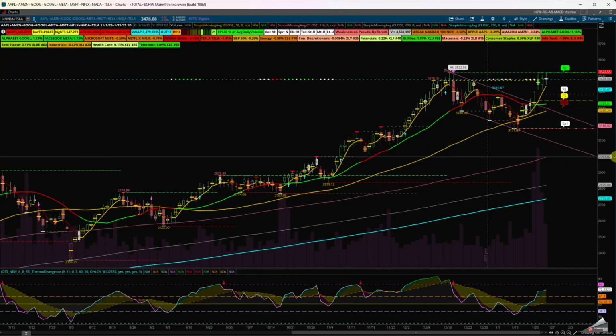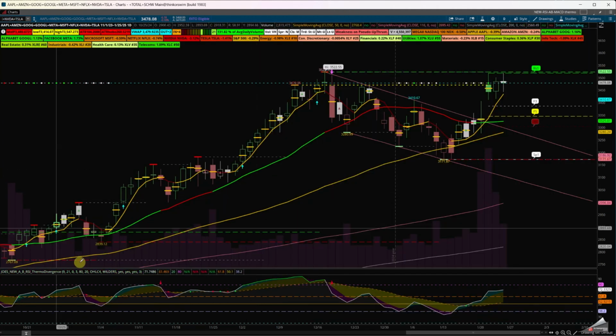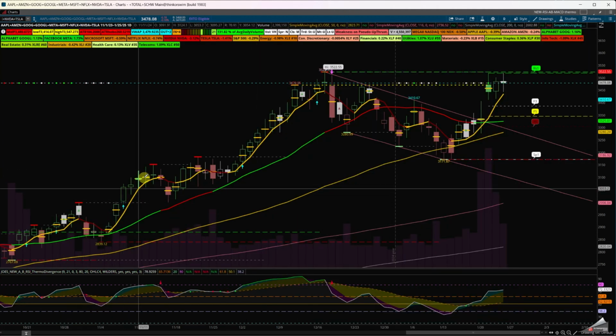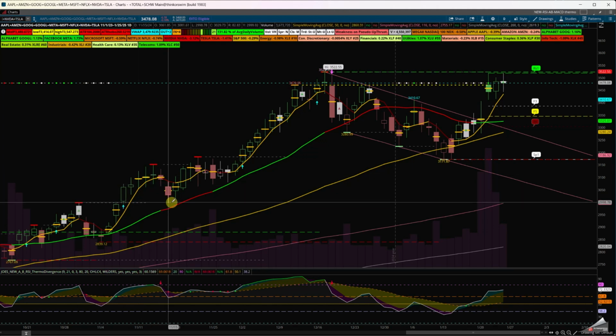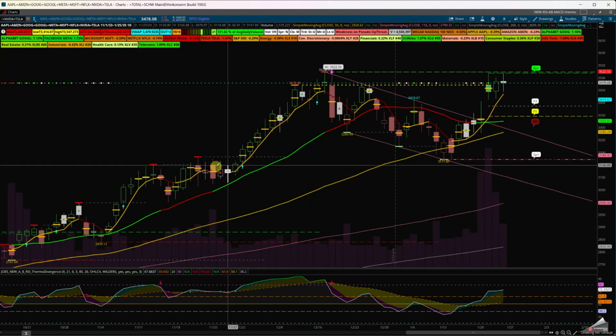What I want to do is zoom in a little bit closer, and what I want to show everyone here is that after this consolidation, we had this push, we came back, retested this breakout, went sideways for about 2 weeks, rallied up, zigzagged in a linear regression downtrend channel, and eventually we broke up.